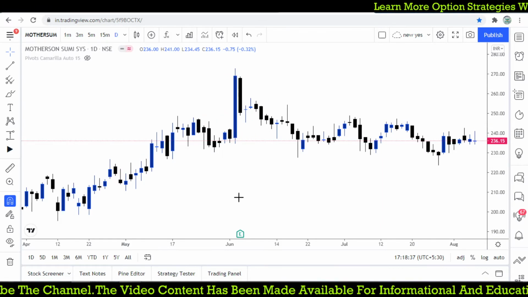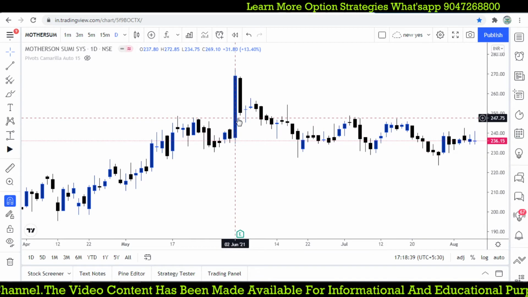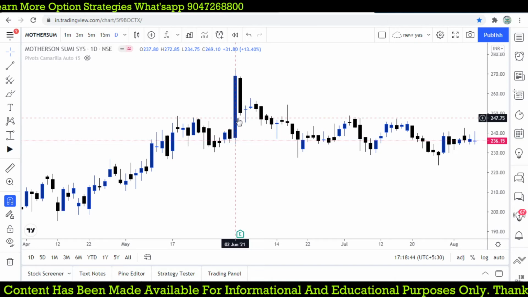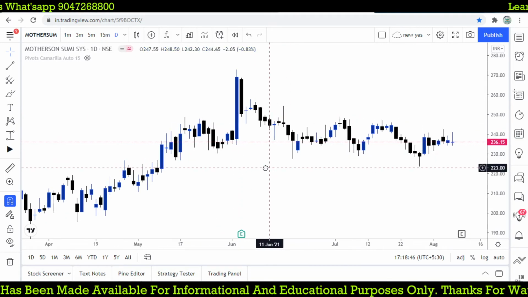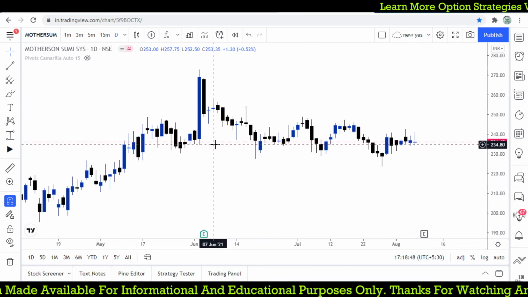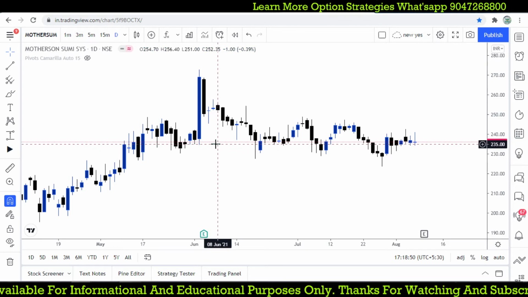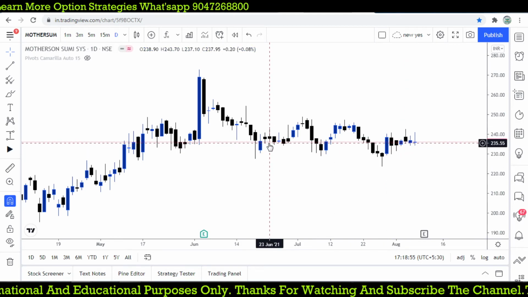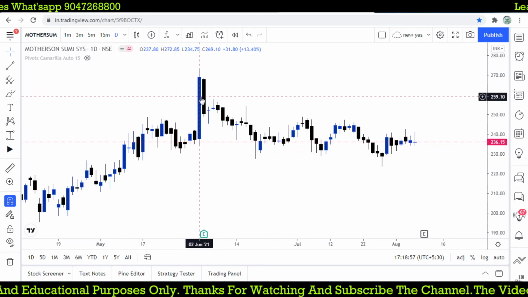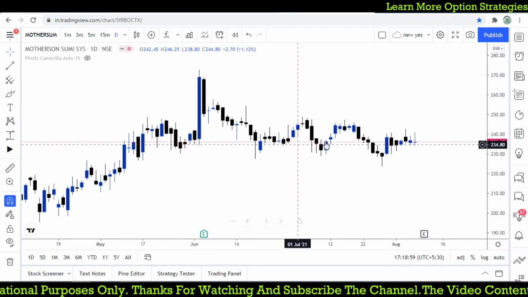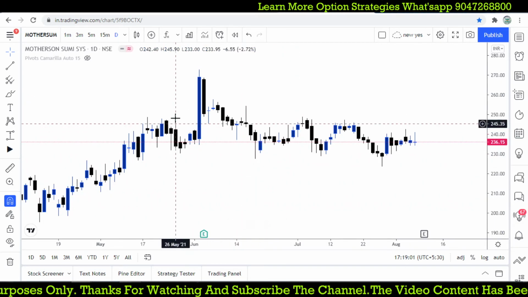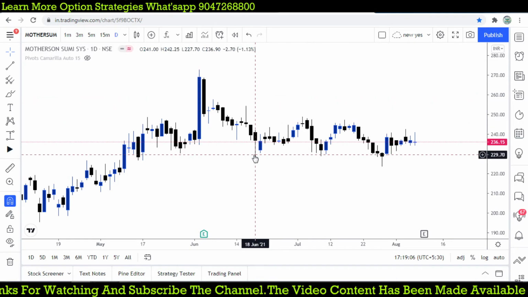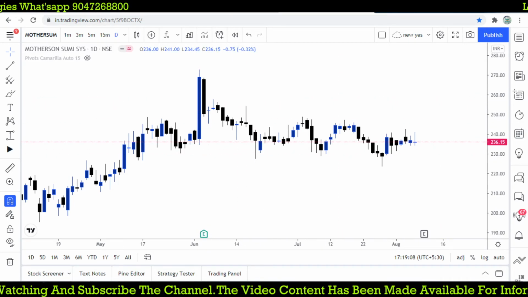The entry point is around 234 and 272 is where the stop loss is, so it is giving you such a big stop loss that we may avoid the trade. Even if you check, the stock was still trading around 235, in the same range, but this much stop loss is not advisable to take, right? When the stop loss is small we can go for that, but this is a huge stop loss, avoid that. But the candlestick pattern you can easily find out, right?